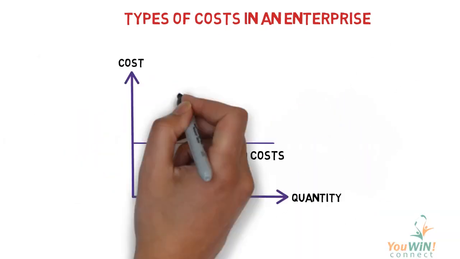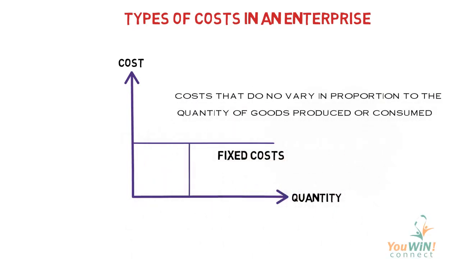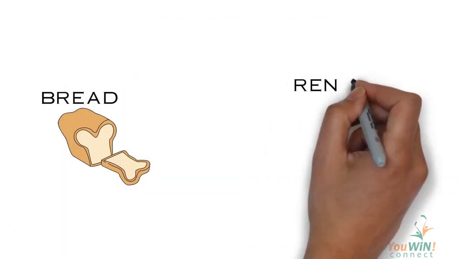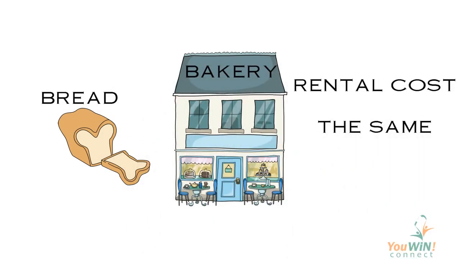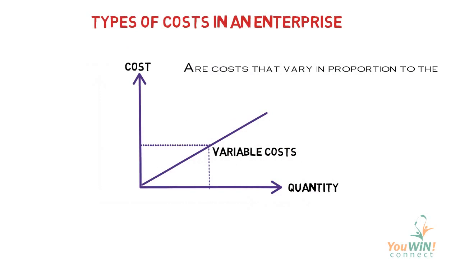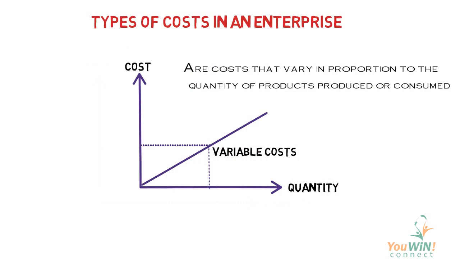Fixed costs are costs that do not vary in proportion to the quantity of goods produced or consumed. For example, irrespective of the number of loaves of bread you bake, the rental cost of the shop or the bakery remains the same, while variable costs are costs that vary in proportion to the quantity of products produced or